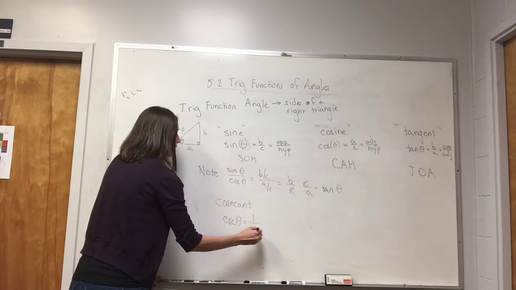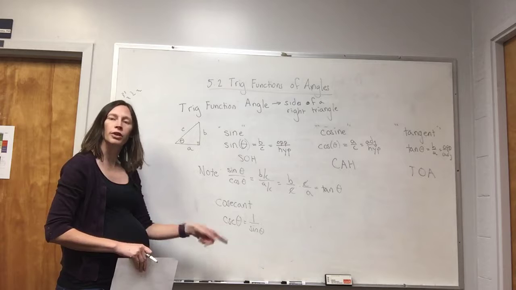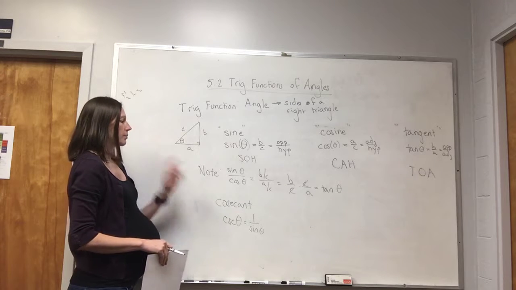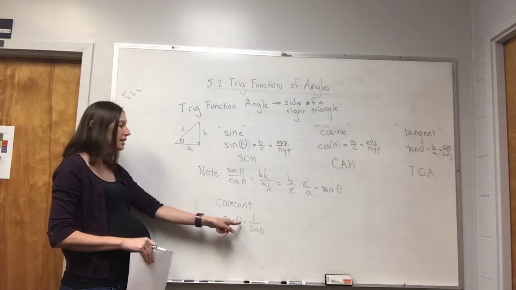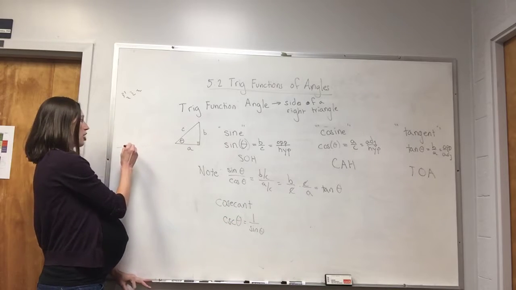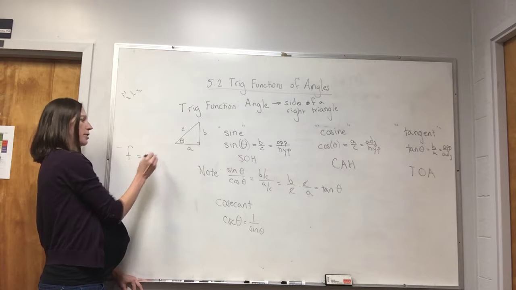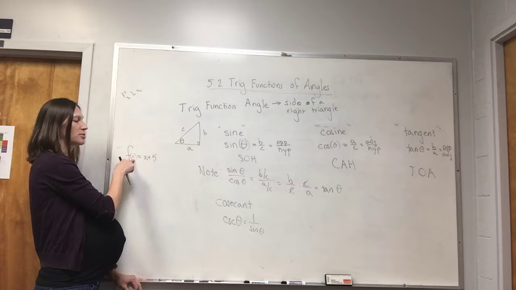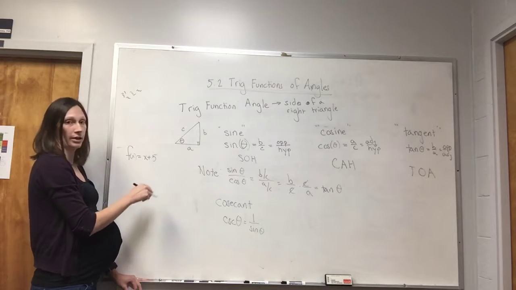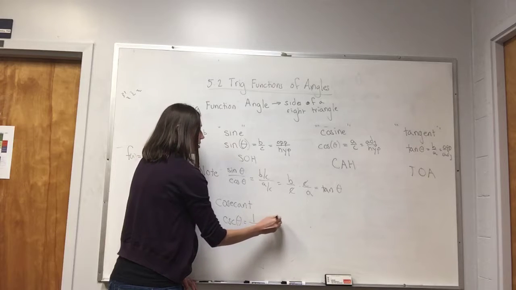of sine. I don't know if you caught that right there, but I almost forgot to write the theta. Don't forget to do that, okay? This cosecant is a function, so I need to have an input to that function. When we talk about functions, I don't just write f equals x plus 5. I write f of x, okay? So I need to have some sort of an input there. Don't lose your thetas. So it's the reciprocal of sine, so it's just going to flip that fraction, c over b,